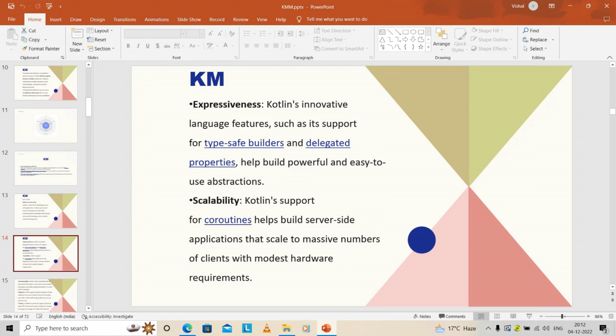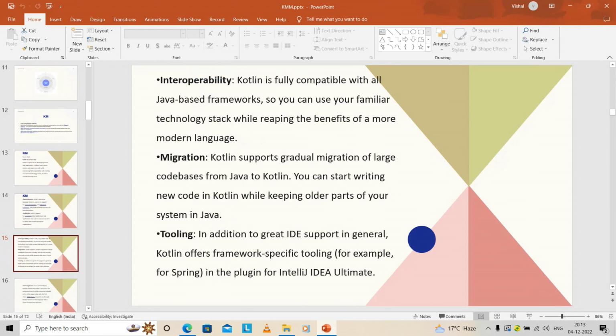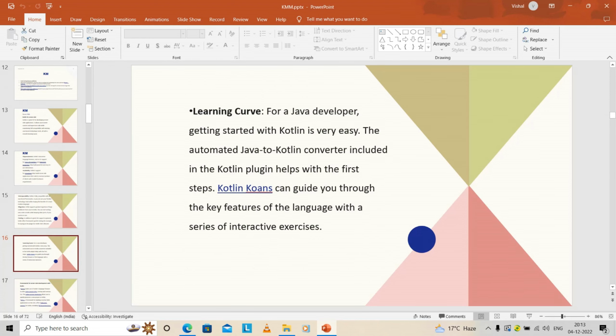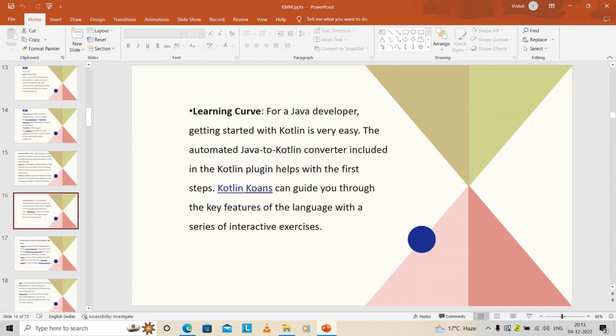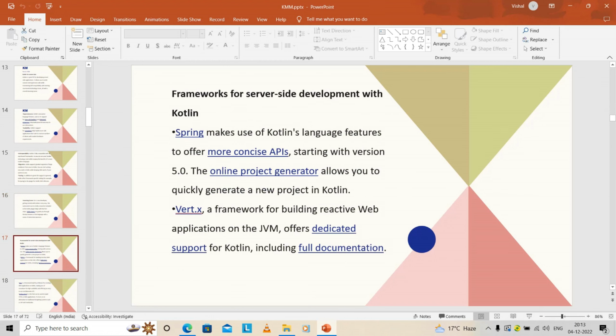So for that we have some languages we can use for the server side, and we have interoperability, migrations, and tooling. We will learn all of these, but not at this time. We'll discuss them later, along with the learning curve. Okay, so if we talk about the core frameworks of server-side development with Kotlin, we can use the